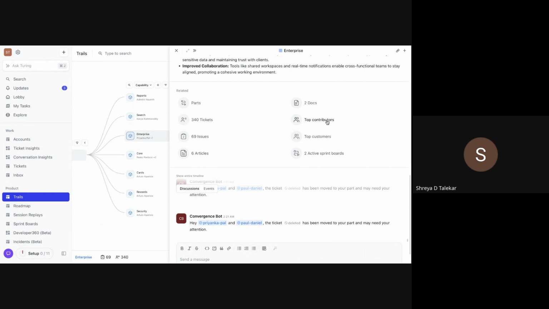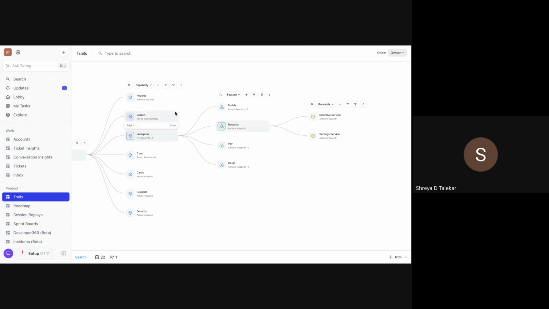I can also look at the top contributors to this particular capability here, which is enterprise. I can also look at the top customers who use enterprise capability as well as the active sprint boards on this capability, right? So this comprehensive view provides a clear and detailed understanding of your capability status and context,